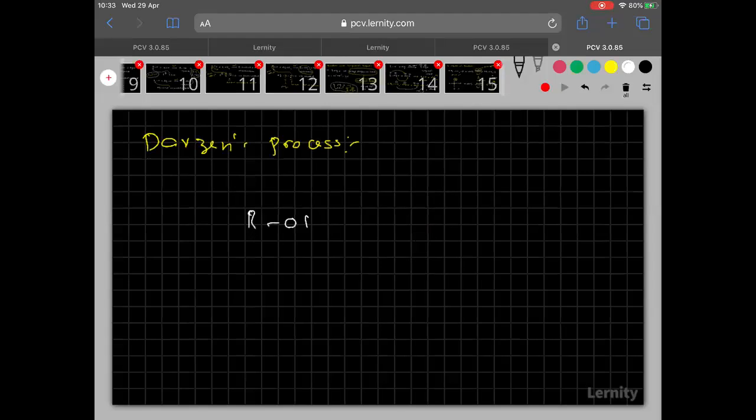Alcohol when treated with thionyl chloride, SOCl2. This reaction happens in two ways. What are the two? One is in the presence of pyridine, and the reaction also happens in the absence of pyridine. But remember, in both cases the product formed is the same, RCl, which is called chloroalkane.